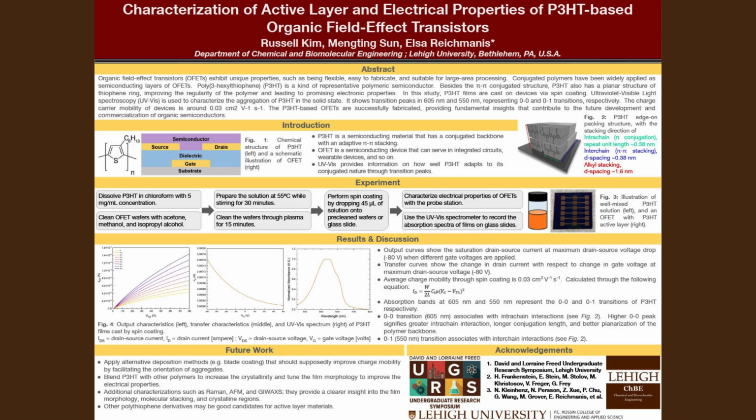It has conductive properties because it has a pi-pi conjugated structure. What does that mean? It's like benzene in organic chemistry. It's like a benzene because it has a ring structure with double bonds, or more specifically, delocalized electrons. This allows P3HT to exhibit stacking properties on its thiophene rings that improves the regularity of the polymer and leads to promising electronic properties. In simple analogy, it's like a conductive graphite, except the hexyl side groups on P3HT make